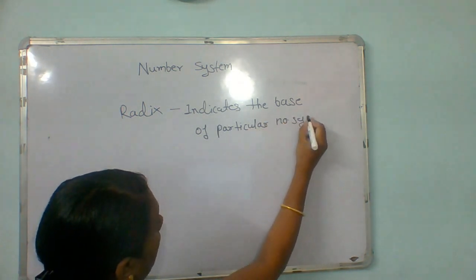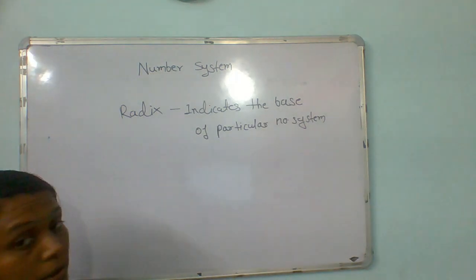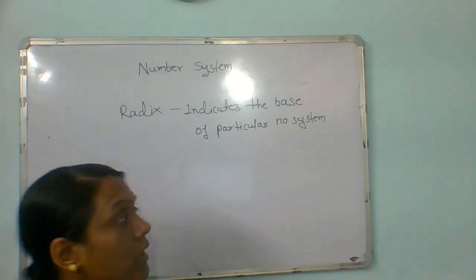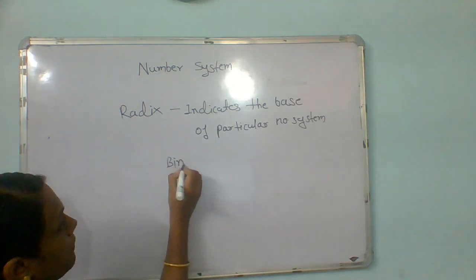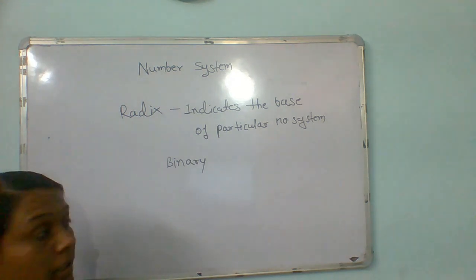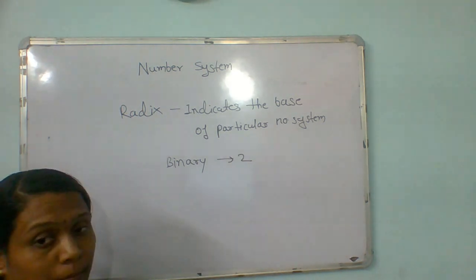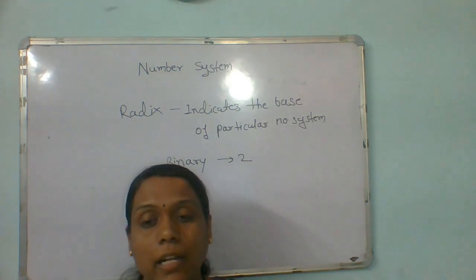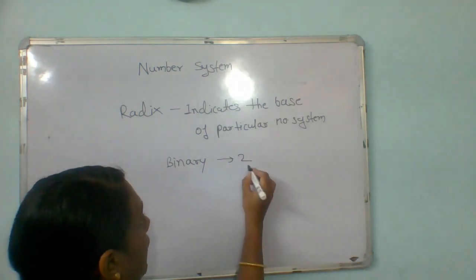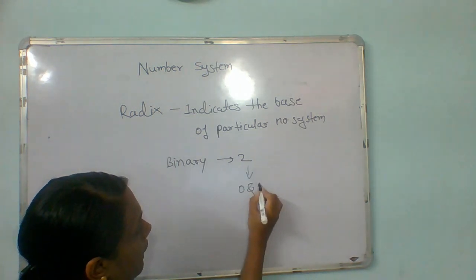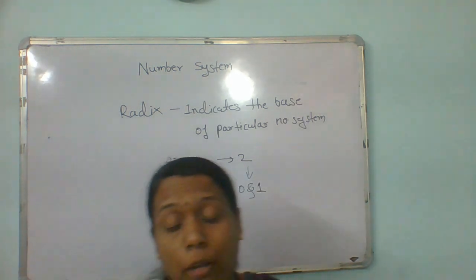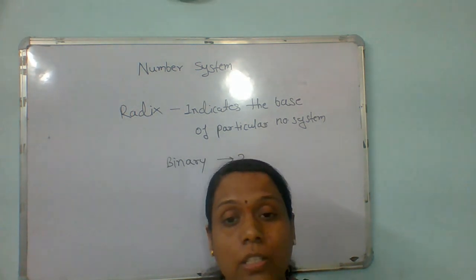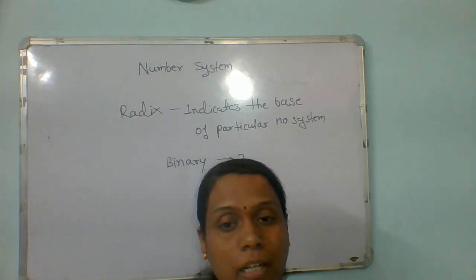That particular number system has a certain type and number of symbols, and it is shown by the base. If we consider the binary number system, it has the radix 2, meaning it consists of two symbols, and by using these two symbols that number system is formed, that is 0 and 1. Like that, every number system has a particular base, and depending on that base it shows which symbols are present in that number system.